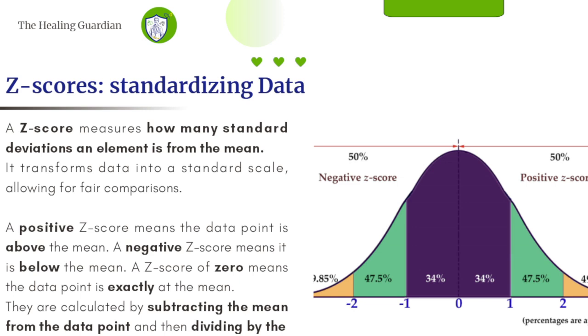So what we do, we transform all data we have recorded into a standard scale. In terms of Z scores, that is what we call standard data. So a Z score means how many standard deviations this figure is from the mean. So even if we have different means and different standard deviations, we are looking at the number of standard deviations